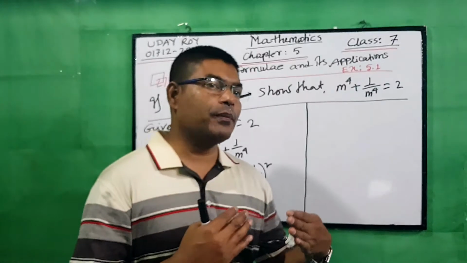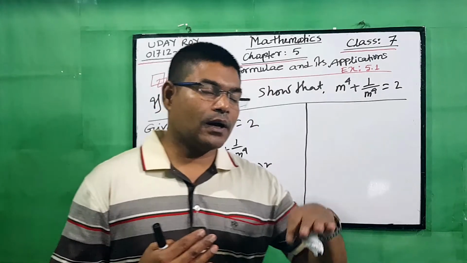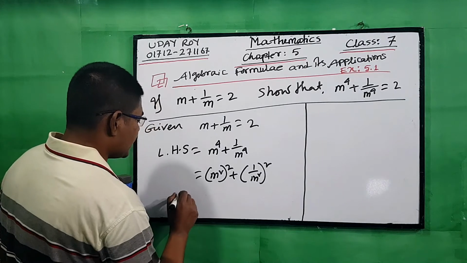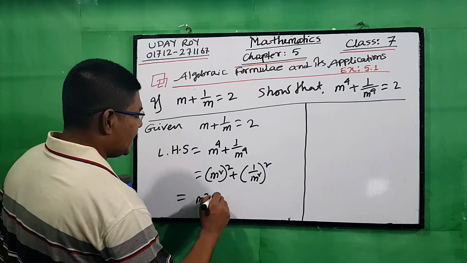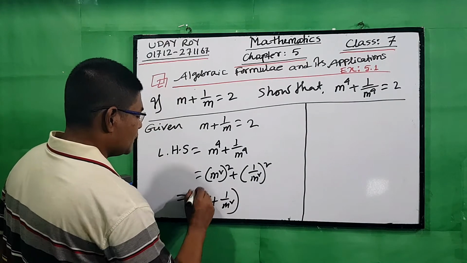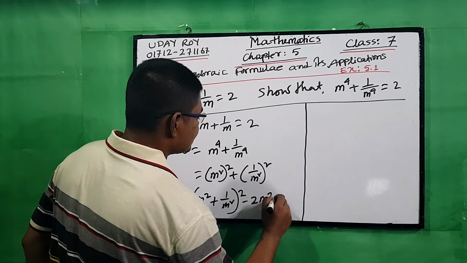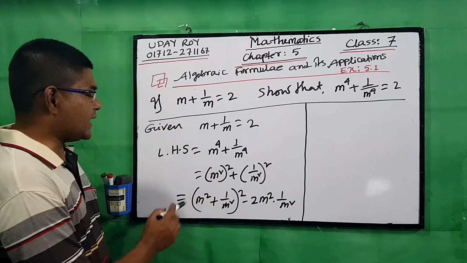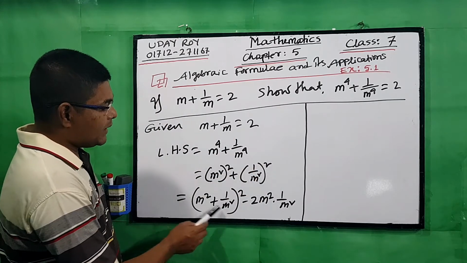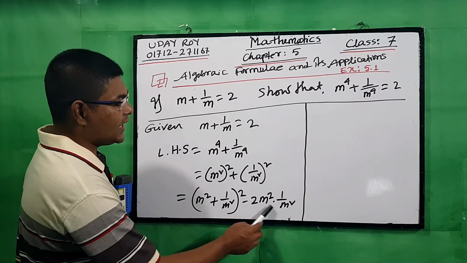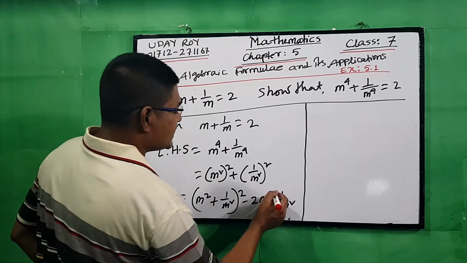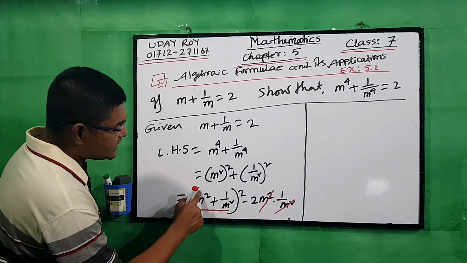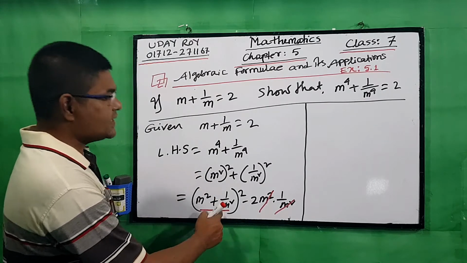At first you have to break the a square plus b square. So a square plus b square we have to break. This is a plus b whole square minus twice a b. A square plus b square, because here is square, here is square. A plus b whole square minus 2ab. Now cut it. Here is m square, here is m square, cut. Again you can see here is also a square plus b square. Here is also a square plus b square.